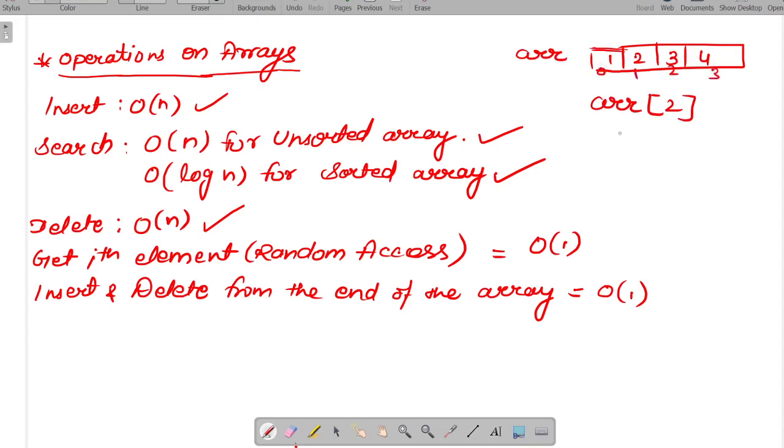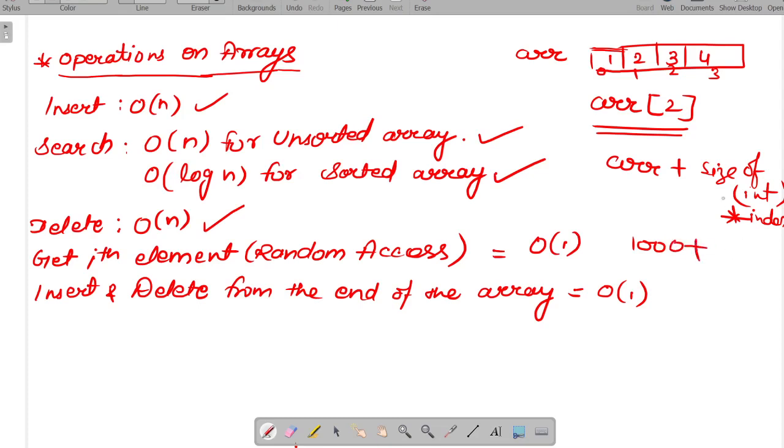In the previous video we have seen that the address of array of 2 is simply the array's base address plus the size of the data type, if it is int, times the index. Let's suppose the array's starting address is 1000, the size of int is 4 and the index is 2, so it will be 1008. This calculation takes big O of 1 time, that is why random access has big O of 1 time complexity.